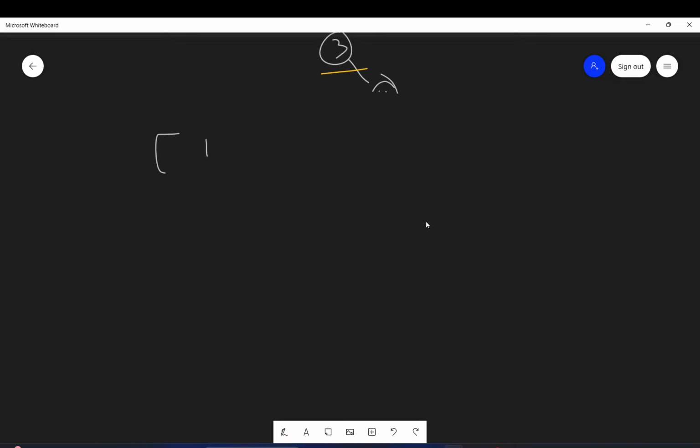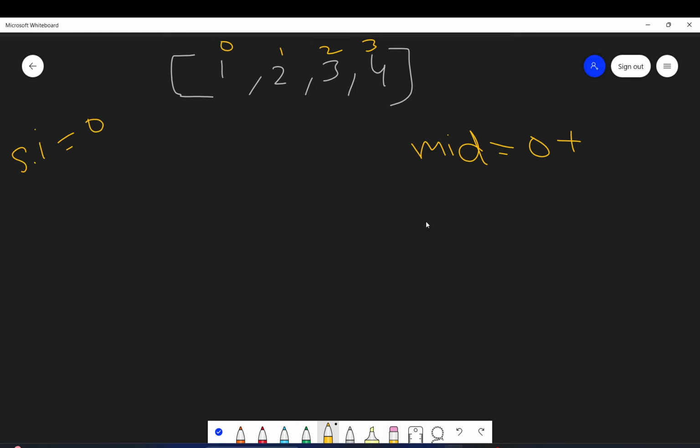Okay, so this is the in order traversal which I got. What I will do basically, first of all, let me do indexing 0, 1, 2, 3. So this is in sorted order, obviously, the in order traversal of a BST is in sorted order. So I will calculate the mid value. Right now I have the starting index as 0, ending index as 3.